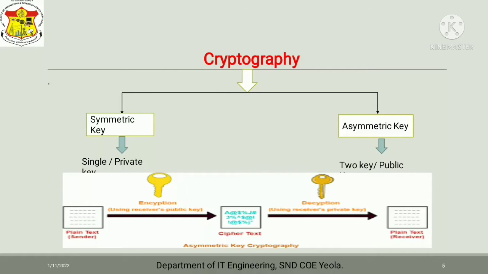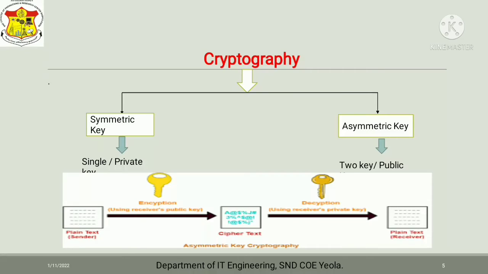As shown in the figure, the sender encrypts the plaintext message using a shared secret key and the resultant ciphertext is transmitted through a communication medium such as the internet. At the receiver side, the ciphertext is decrypted using the same key, that is the same decryption key, to obtain the original plaintext. A well-known symmetric key algorithm is the Data Encryption Standard, DES. The best examples of symmetric key cryptography are stream and block ciphers, DES, Advanced Encryption Standard AES, and Blowfish.